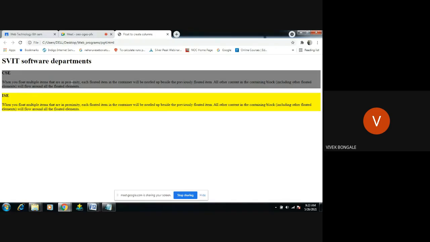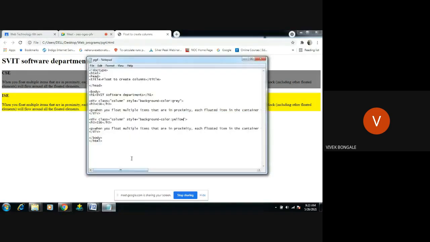Now we'll add more style rules for these two columns. This was done with the element. Now we have to apply it specifically for the whole body. So I will move to the head part.